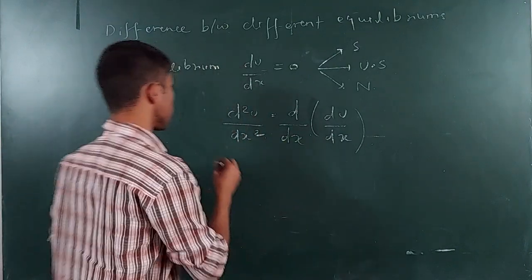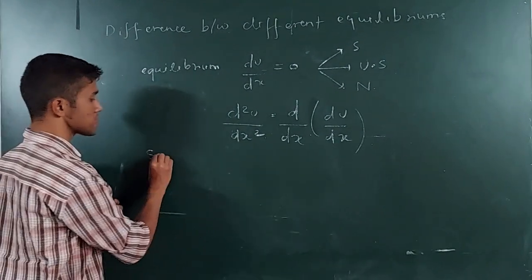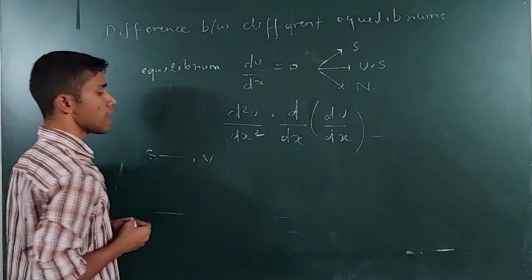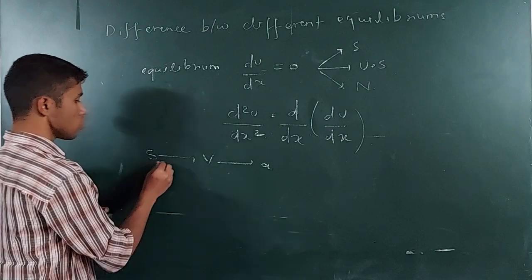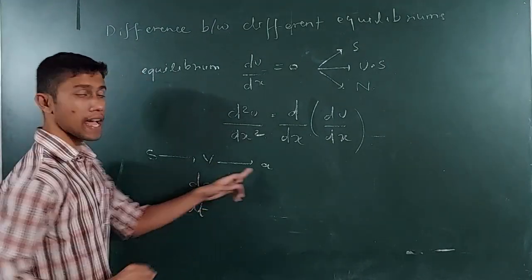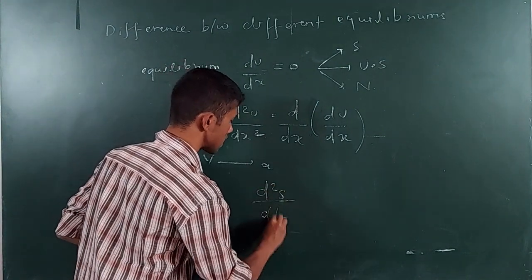Like suppose this is a displacement. We have learned in an earlier chapter that this is displacement. When I differentiate this term, I get velocity. And when I differentiate velocity, I get acceleration. So velocity is nothing but ds by dt. And what is acceleration? Acceleration is d square s by dt square.